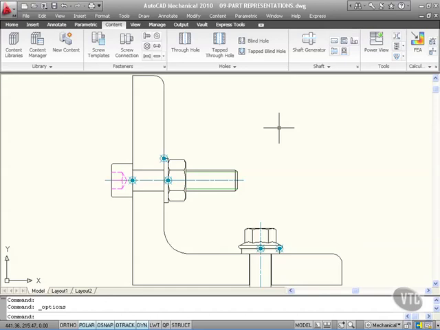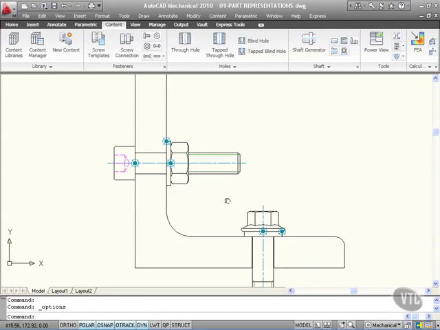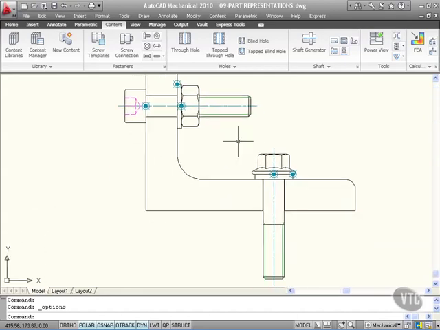When you're working in AutoCAD Mechanical, there are three standard part representations. They are symbolic, simplified and standard. Now at the moment we're using the standard representation. So these nuts and bolts here and everything are using the standard representation. You can change the default setting for that,